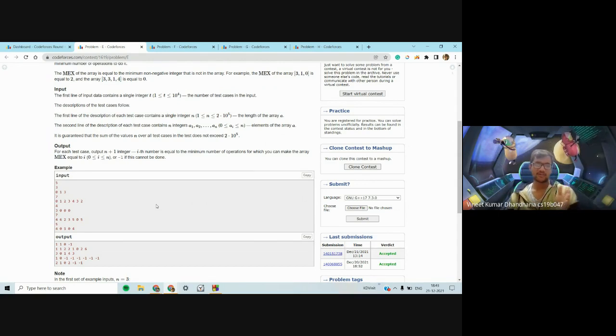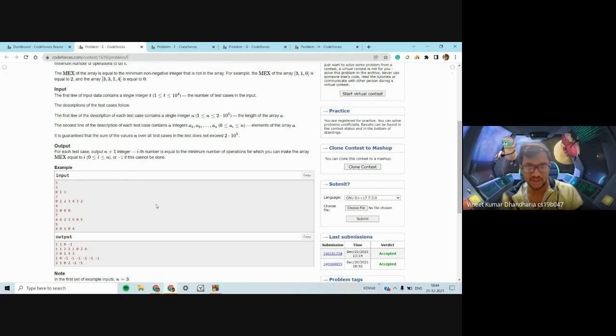For 0, the answer is the frequency of 0, because you must remove all the elements which are 0. Otherwise the MEX would not be 0. So you just do frequency of 0 operations, and that ensures the MEX of the array is 0.